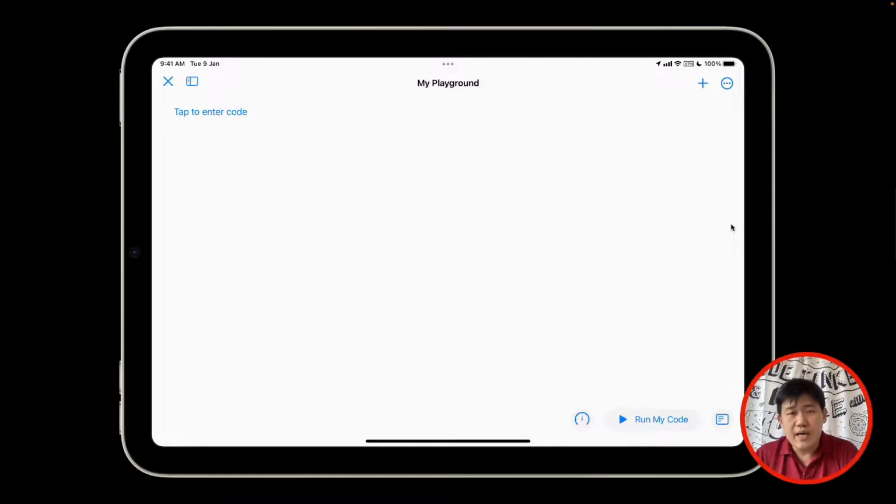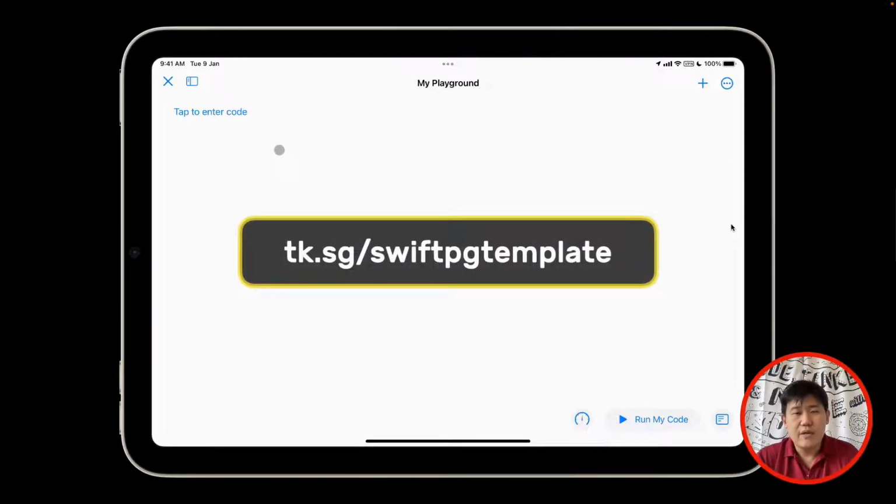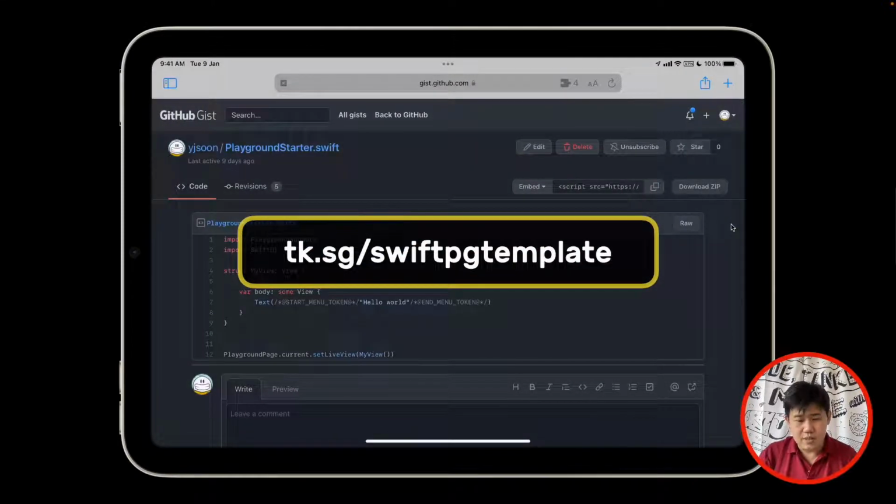Here's what I'd like you to do. I'd like you to head over to Safari and enter this into your URL, tk.sg/swiftpgtemplate. So I'm going to head over there and let's take a look at what you get. Here you go. This is what you should see on your screen. Once again, it's